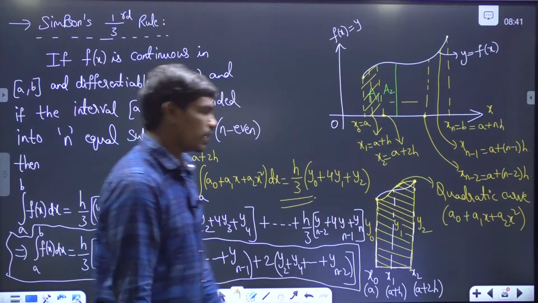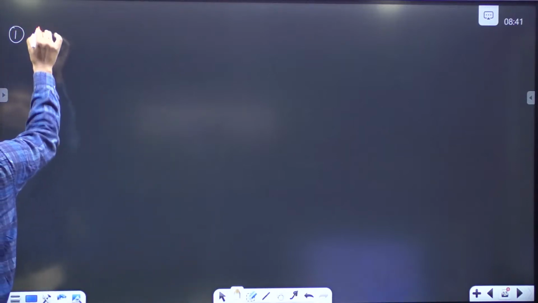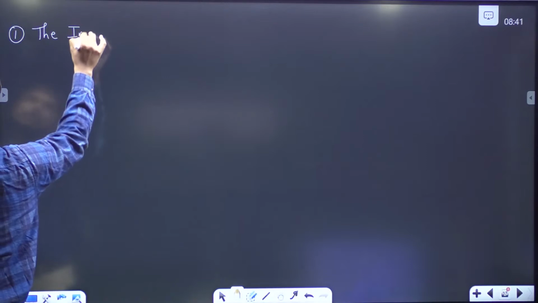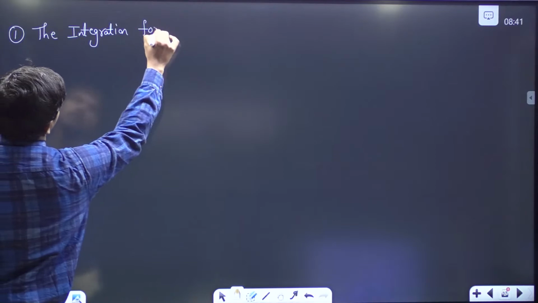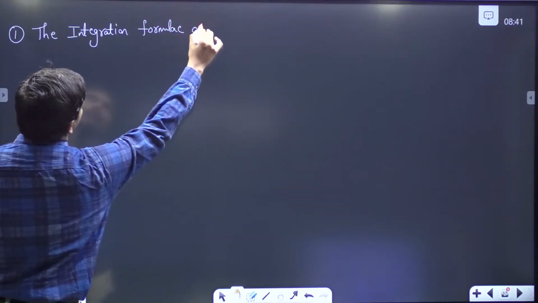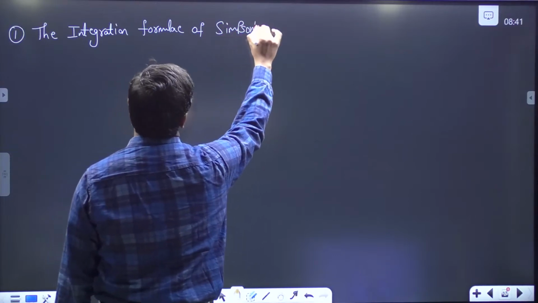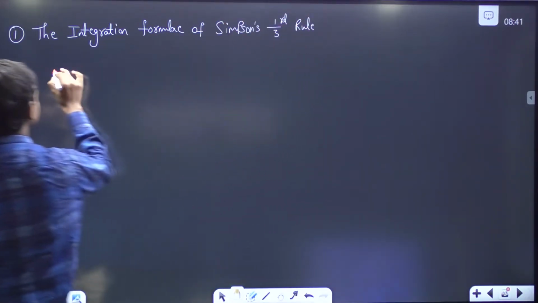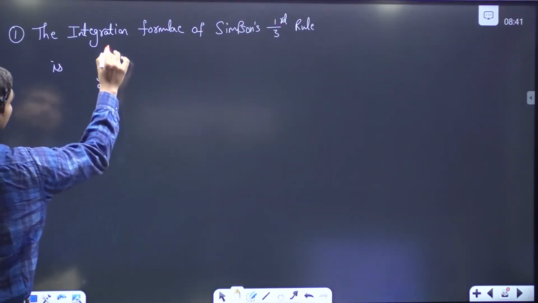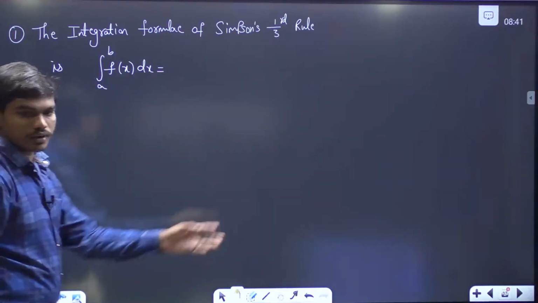Okay. So now we'll summarize the results again. First result: the integration formula of Simpson's 1/3 rule. It's already 8:40. Simpson's 1/3 rule is integral a to b f of x dx, which is equal to, now tell me,